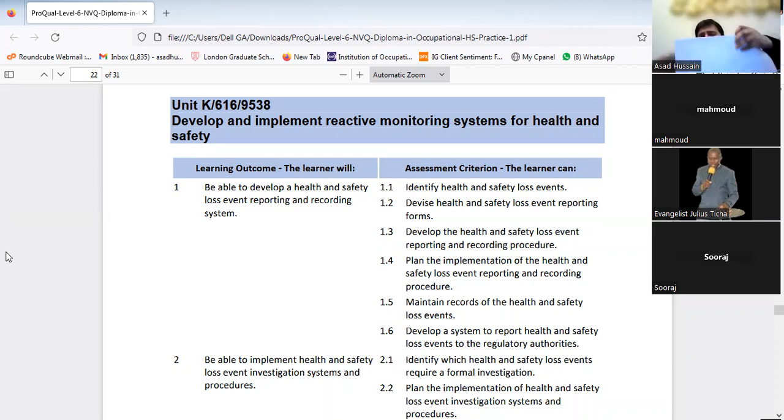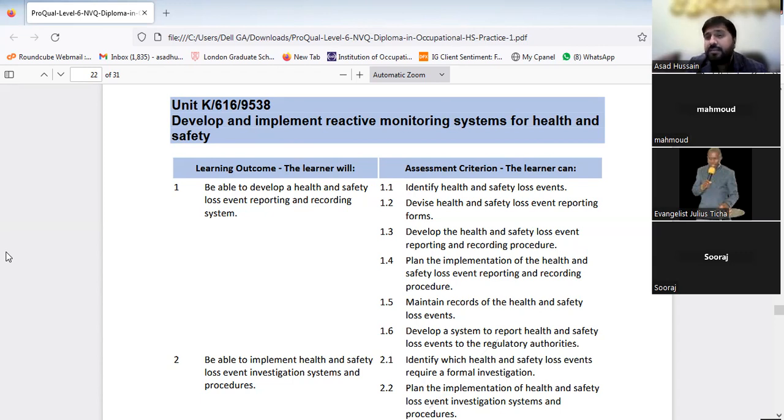Now in 1.5 we have maintain records of the health and safety loss events. It is asking how you are maintaining the record of the health and safety loss events. As we have discussed in the active monitoring system, we were keeping the record of proactive monitoring systems like safety inspections, safety surveys, safety tours, etc. So we have developed some systems in the form of manual, hard copies, where we have different forms to complete and keep the record physically. And